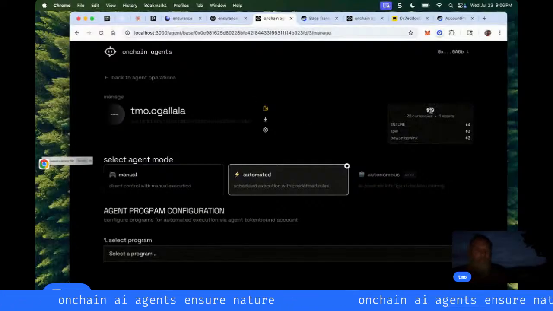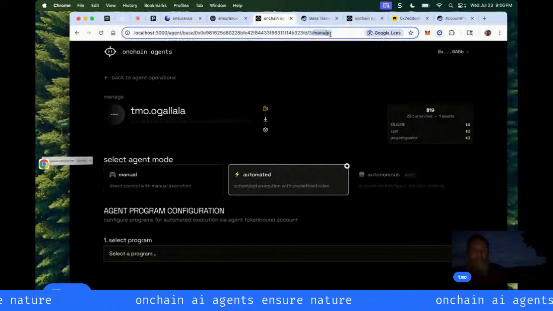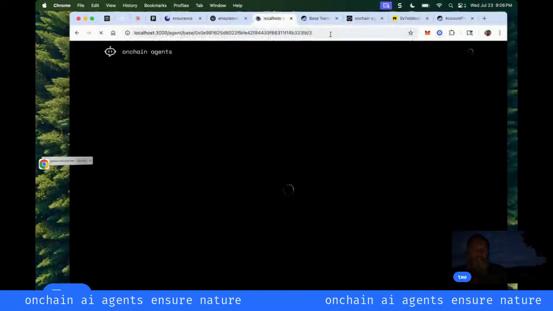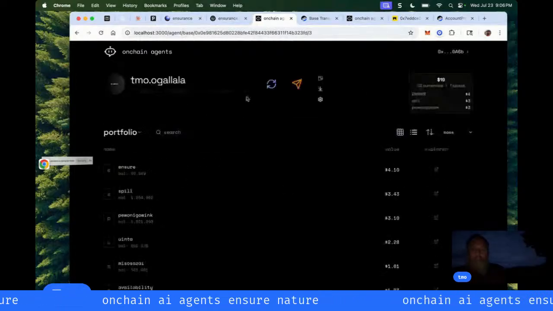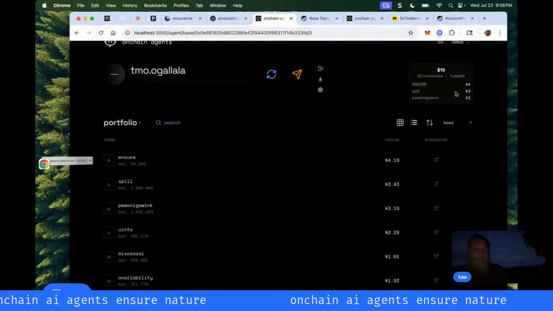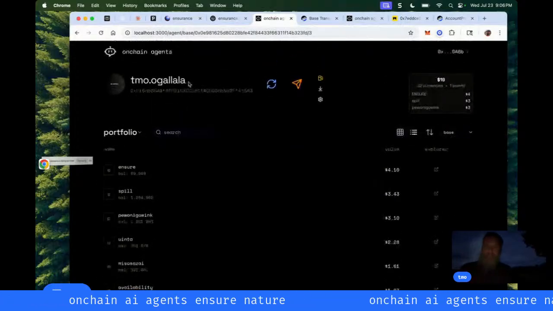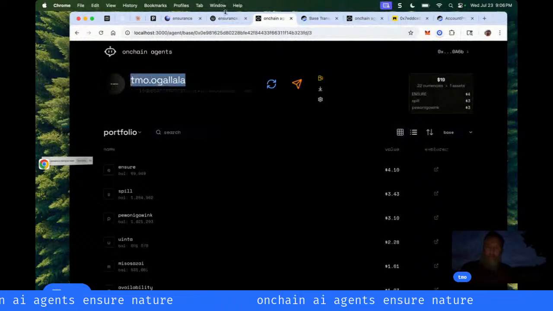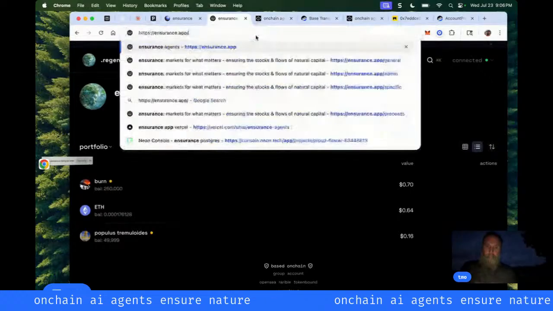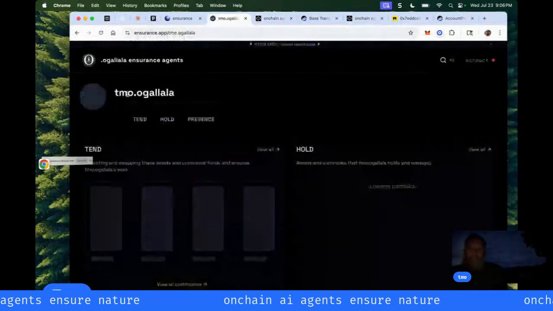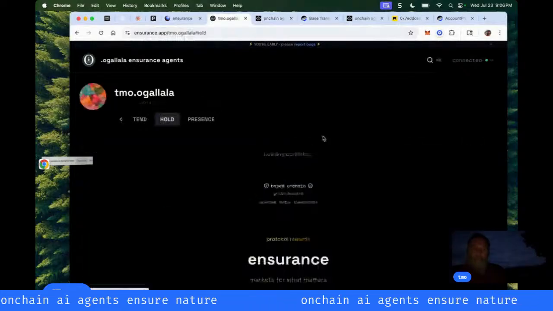It's got 19 different assets. So we could go here and we could just see what's in its wallet if you want. This is another agent, and this one is part of Ogallala Life. It has a bunch of different tokens here, and you can do the same thing if you wanted to. You could just go T-Mobile Wallet, and you go back here to the insurance app, and it's going to show you the same thing. Got the address, going to show you the portfolio,